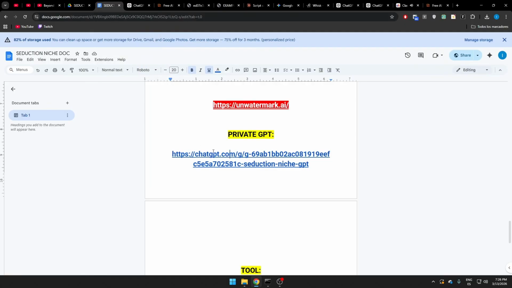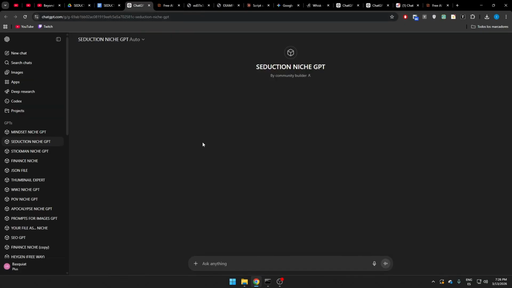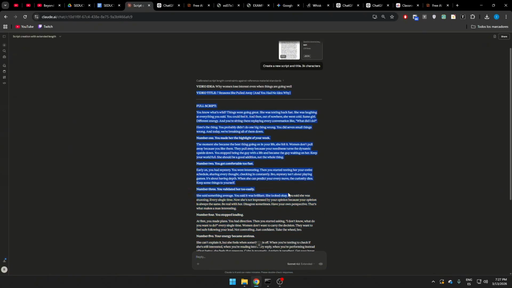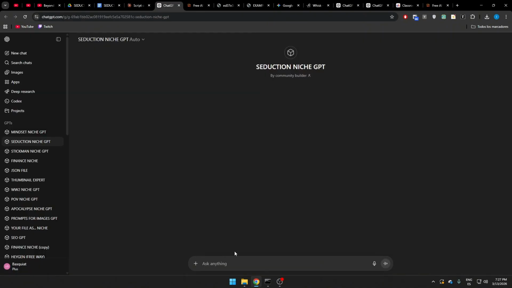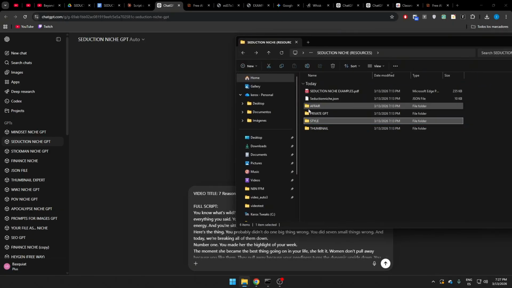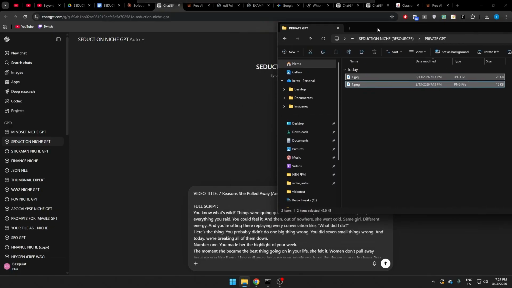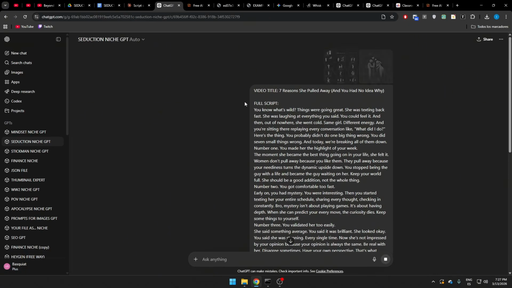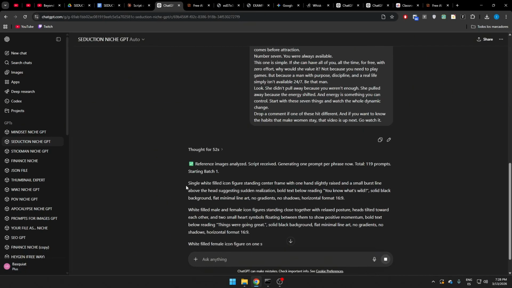The next step you need to do is go to my private GPT, which I'm also going to leave linked in the document. What you need to do there is copy the video title and the script that Claude gave you, copy them, then go to the private GPT and paste them. After that, go to the private GPT folder, and here you're going to select these two images and drag them into ChatGPT. Then send the images together with the video title and the script, and now ChatGPT will start generating prompts for